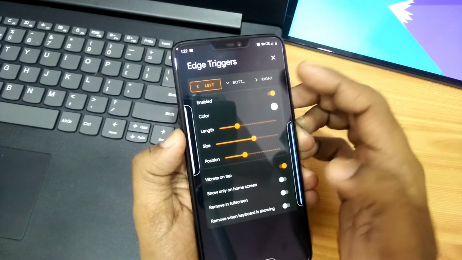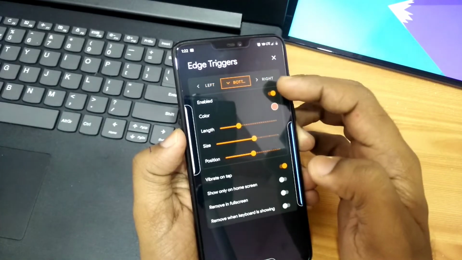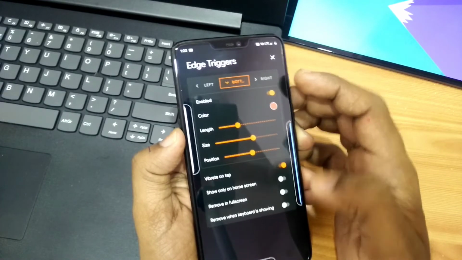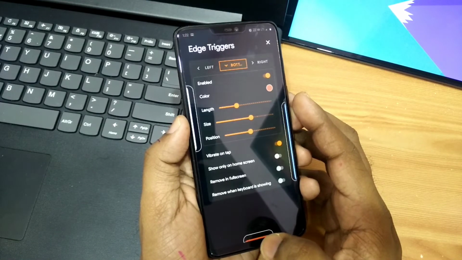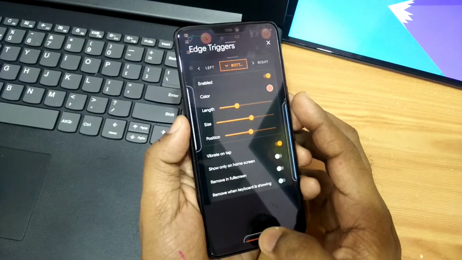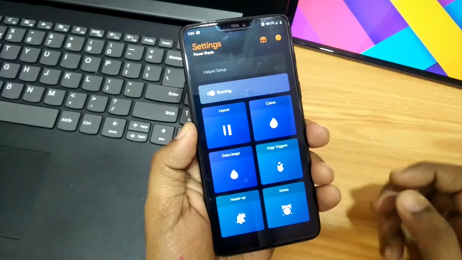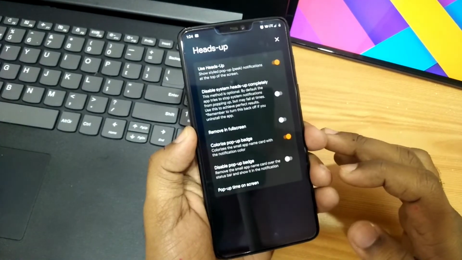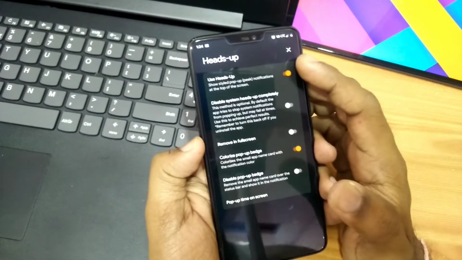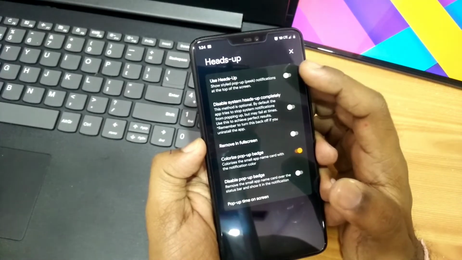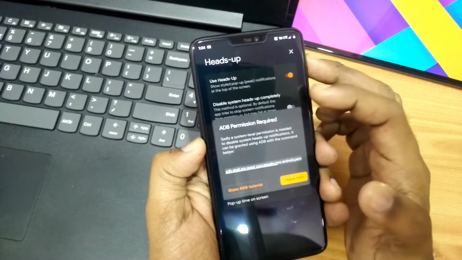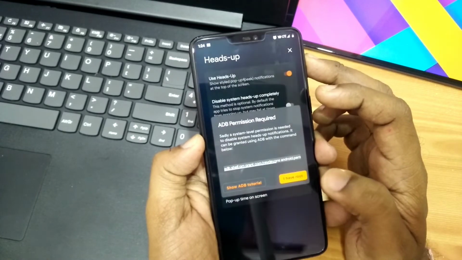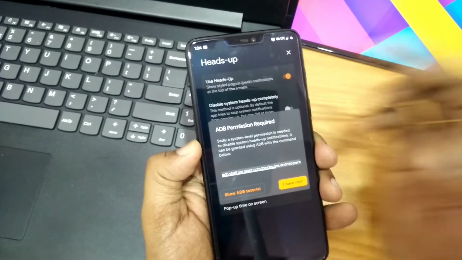So in this way we are easily able to access the quick setting and the notification panel by using these triggers. So you have to just long press this trigger, and when you leave that trigger the notification will get automatically dismissed. Another great feature that this application gives us is its own heads up control for all the notifications. So we can easily reply or dismiss the notification as we wish.